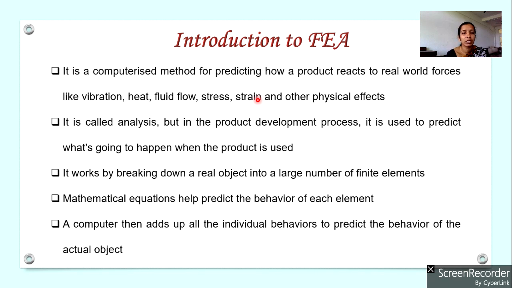So other than temperature analysis in electrical machines, we can also analyze the flux distribution in different parts. In case of automobiles, we can analyze the vibration, or we can also do crash analysis. What will happen if an automobile that we have designed collides with another automobile? So crash analysis can be done using finite element analysis. So like that, FEA or finite element analysis is a tool used for testing or analyzing the behavior of a component to real world forces.